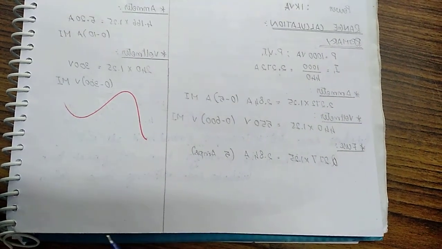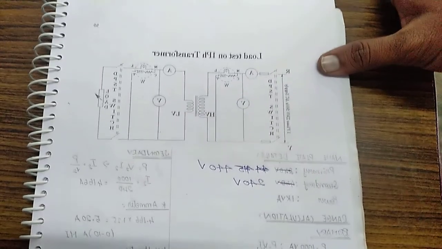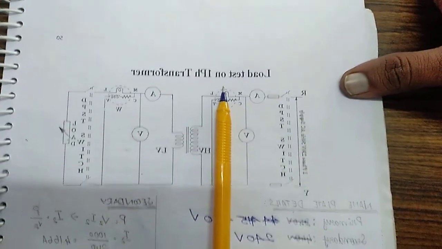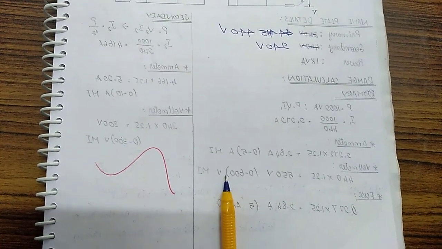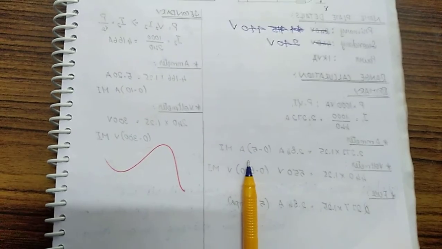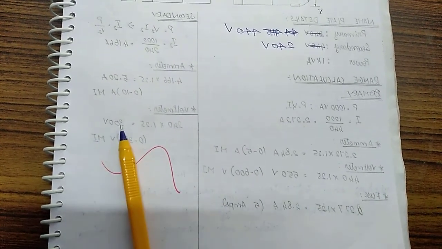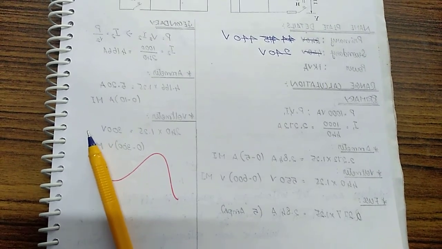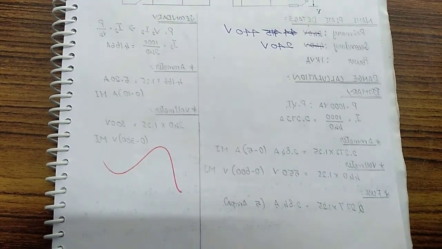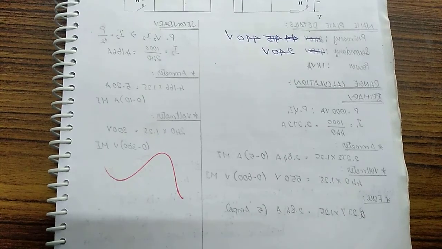So what about the wattmeter? Here you have to use a unity power factor wattmeter, considering the same voltage. For example, for the primary side you use a 600 volt, 5 amps wattmeter. For the secondary side, you use a 300 volt, 10 amps wattmeter. So these are all the things about the range calculation.